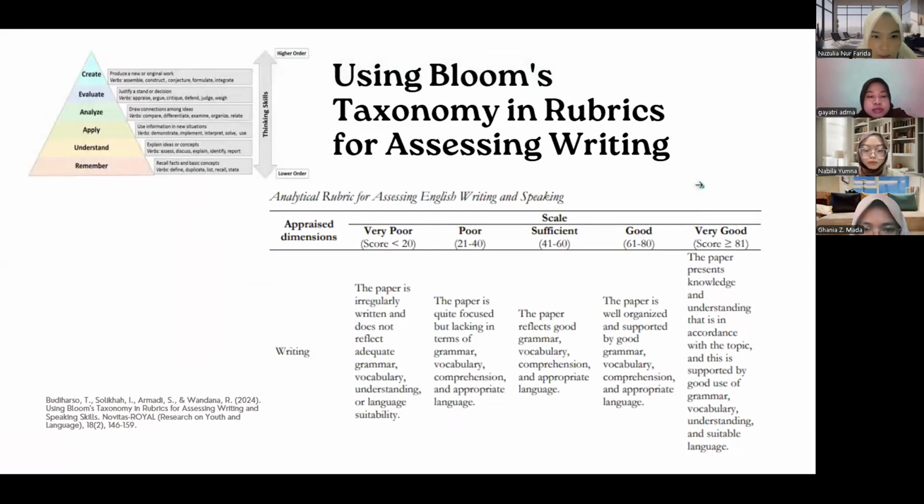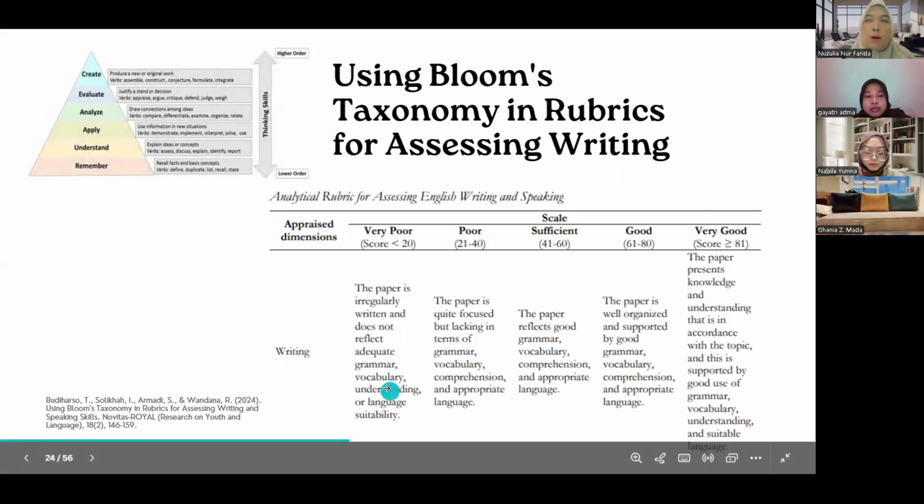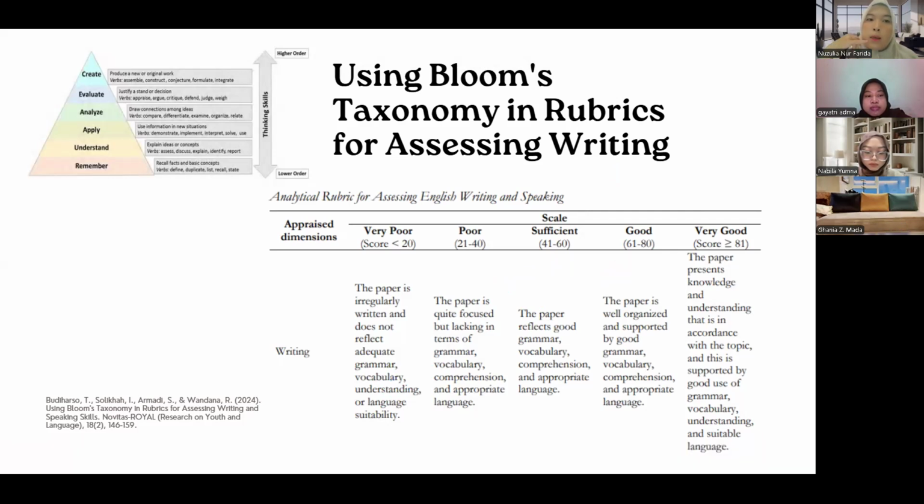So the assessed dimension in writing includes grammar, vocabulary, and understanding. Yes. And then, can we add one aspect into the writing components of assessment,